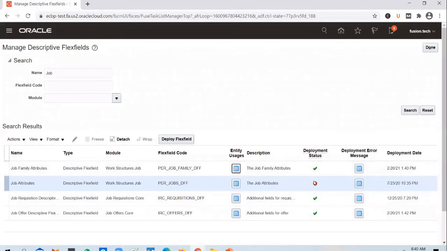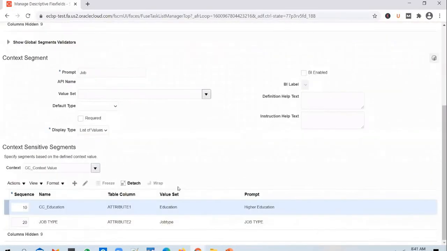And if you look at this, the deployment status is in red. By default, when you look at the DFF here, you will be able to see the DFF name, flex field code, and the deployment status. Usually it has to be green, but someone would have edited this and didn't deploy the flex field properly, or there are some errors in the flex field configuration. Usually it will be deployed, and you get into this, edit the flex field, and enable the segments in the flex field. So let's get into it and see what the error is first, because otherwise we will not be able to deploy our flex field.